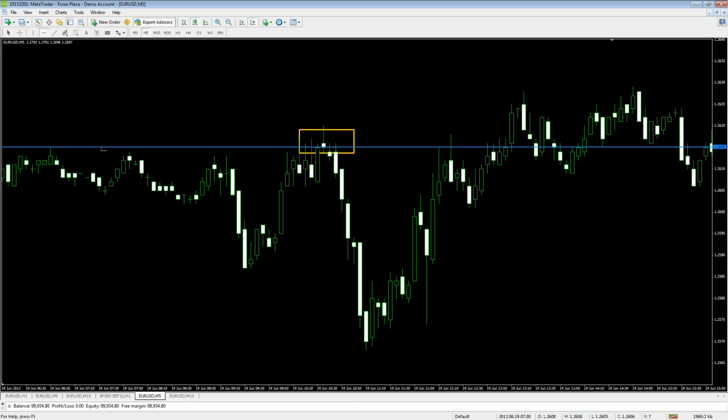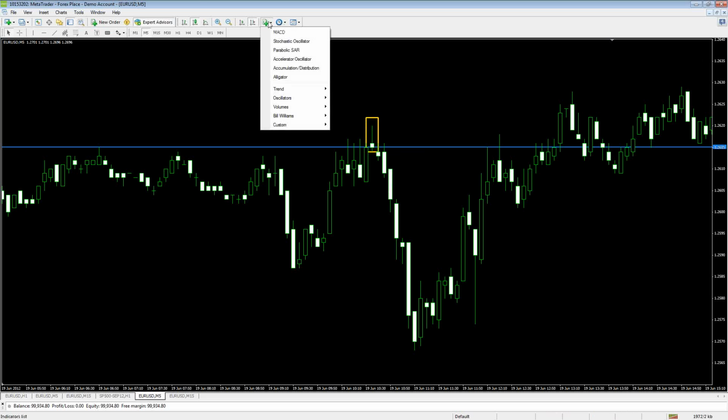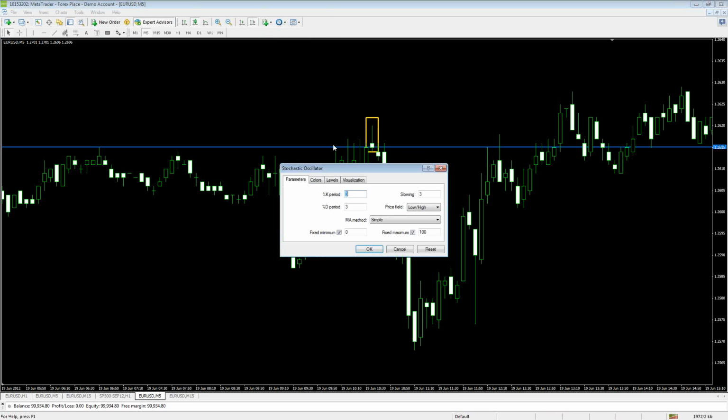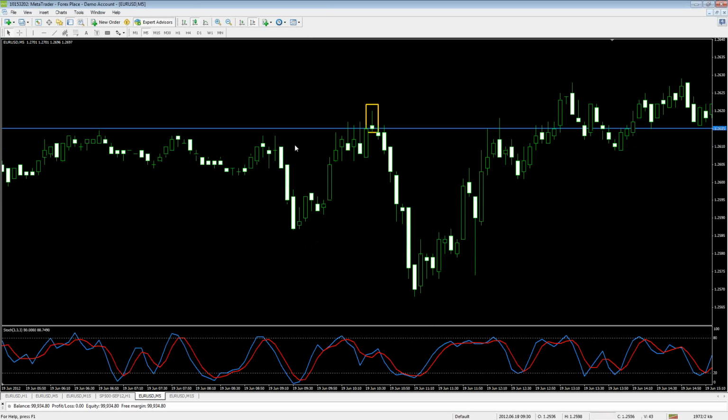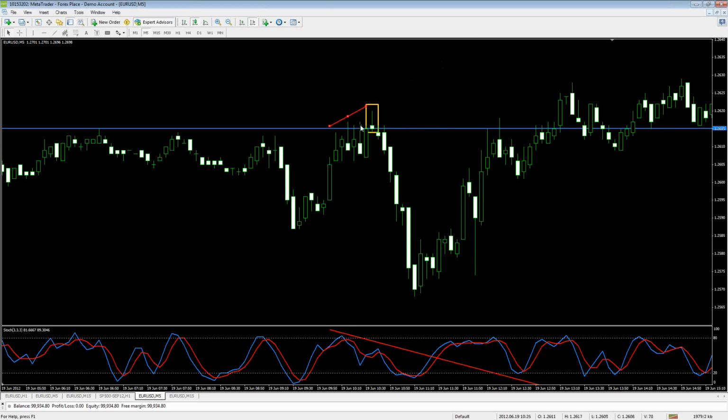So I saw this whole area of resistance. Okay, there was a strong resistance area around here. There was this reversal candle, this shooting star, and as some of you may know, I like the stochastic indicator. It gave a nice divergence. Okay, so although the price was going up here,